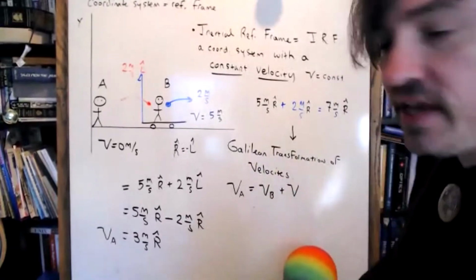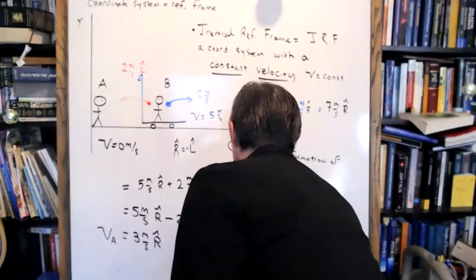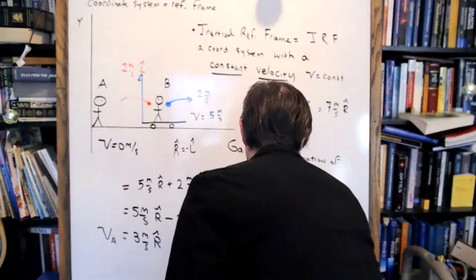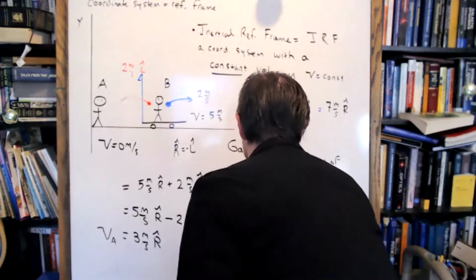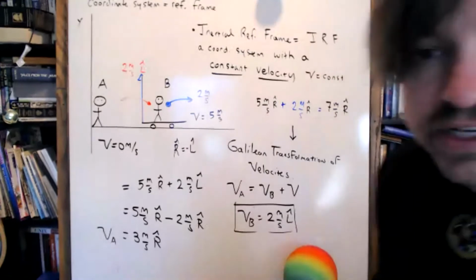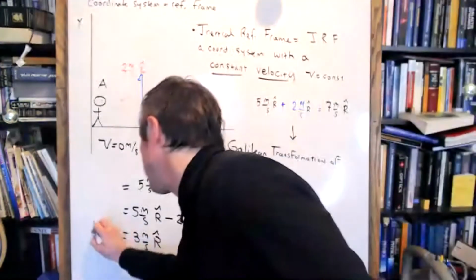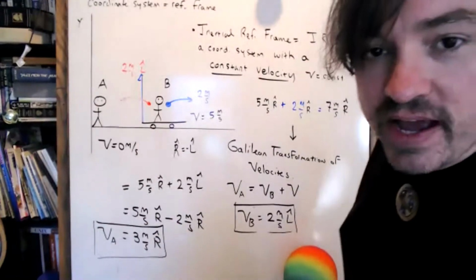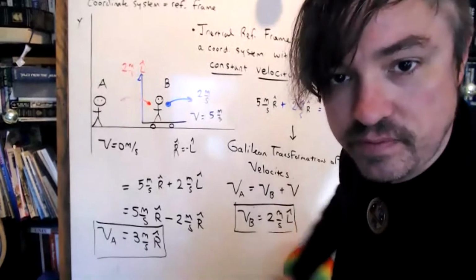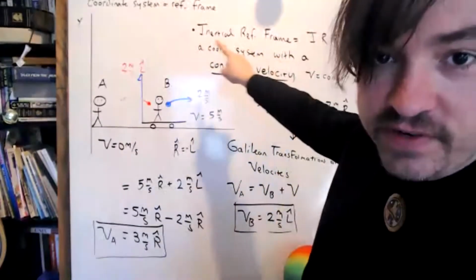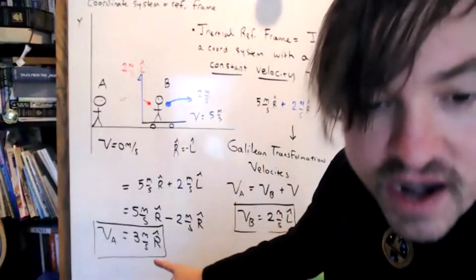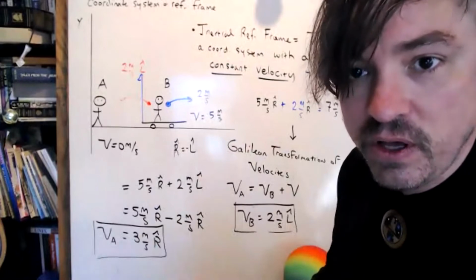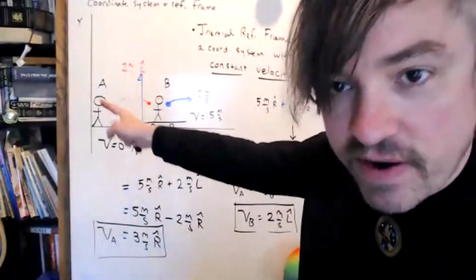I would like to point something else out before we move forward. Do you guys agree that this is true? Observer B claims the ball is moving at 2 meters per second to the left. Observer A claims the ball is moving at 3 meters per second to the right. Do you see that? Two observers in different inertial reference frames are not always going to agree on the description of events. The same thing is happening, whichever reference frame you're in.